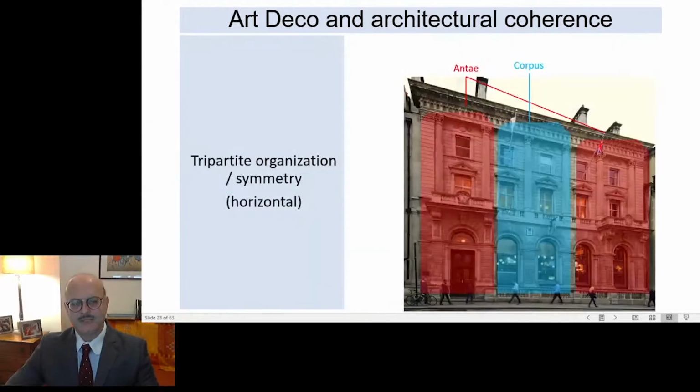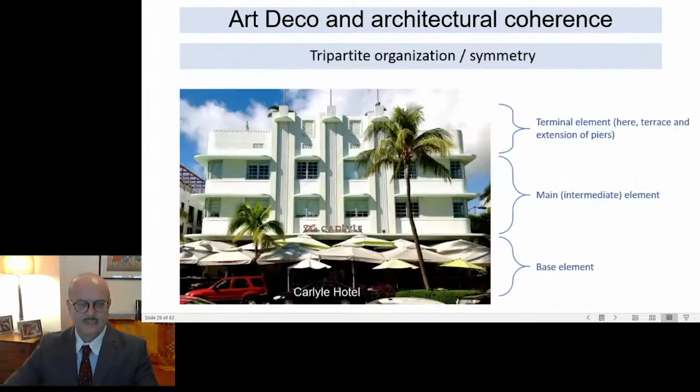It also has a tripartite organization along the horizontal axis. It has a middle and two sides called the ante, which are different from the middle, which of course highlights the characteristics of each. And you can see that repeated in this Art Deco building, which is the Carlisle Hotel in South Beach. It has a base. Unfortunately in this picture, it's kind of obscured by the umbrellas, but it's got a very open terrace sort of base. It then has a middle element where the rooms are, and then a terminal element with a terrace